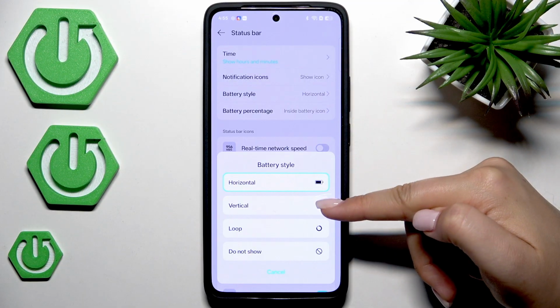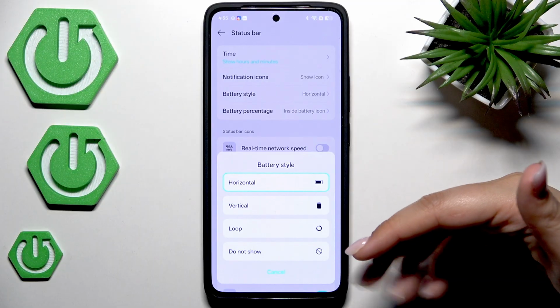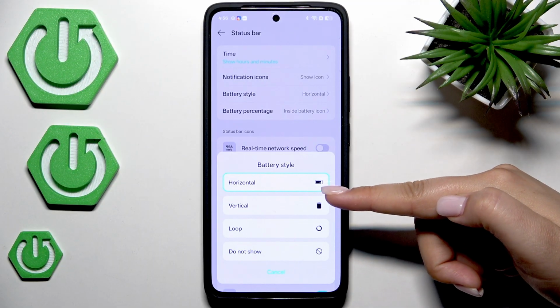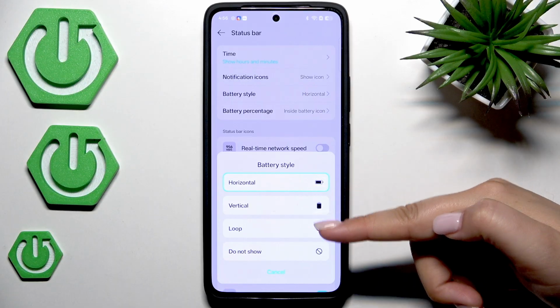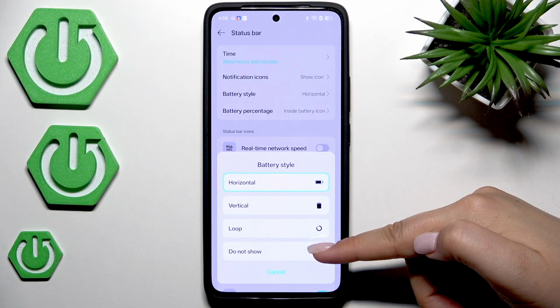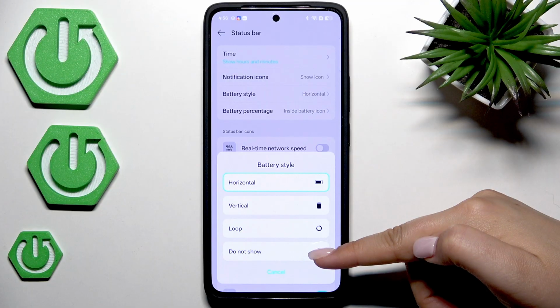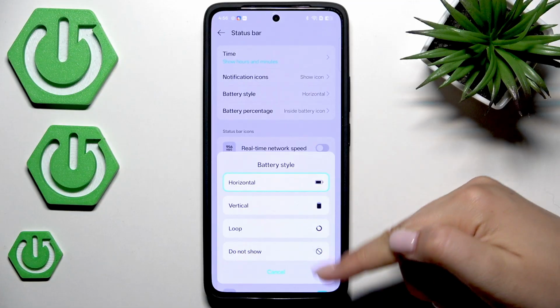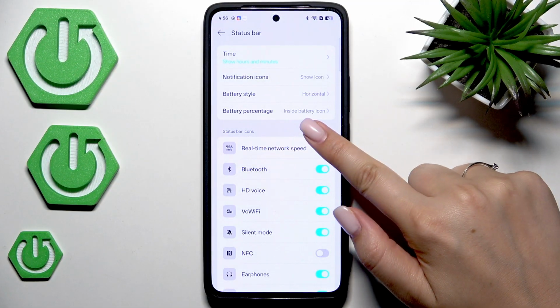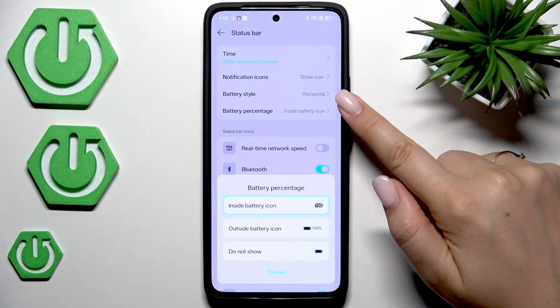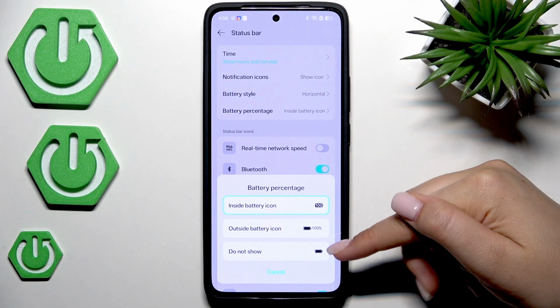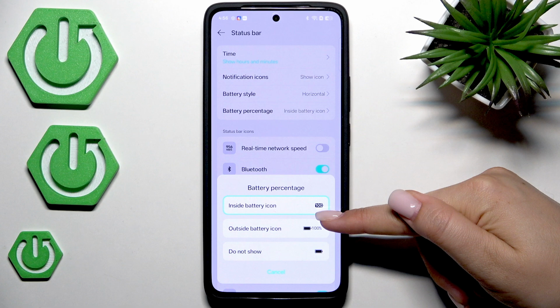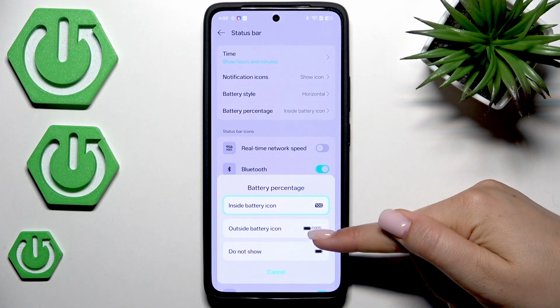tapping here, we've got 4 different options to show battery percentage. So we can set the horizontal option, vertical option, loop option, and do not show it at all. And why I'm talking about that? It is because if we choose the horizontal option, then we've got this battery percentage option divided into 3 different options, so we can not show it at all, display it inside the battery icon or outside